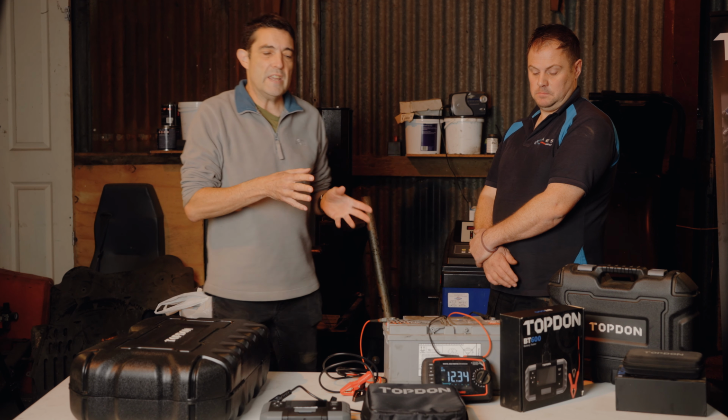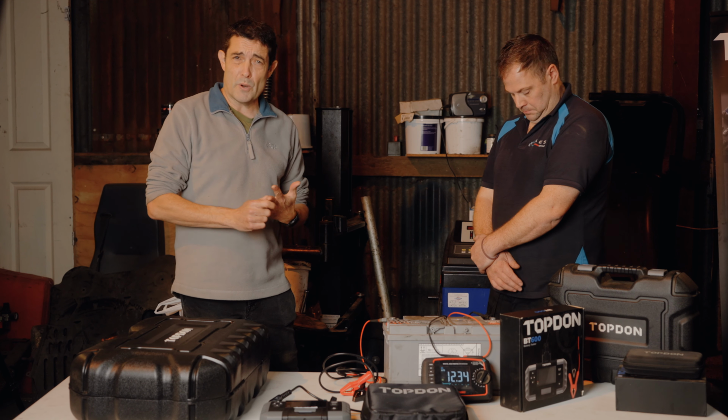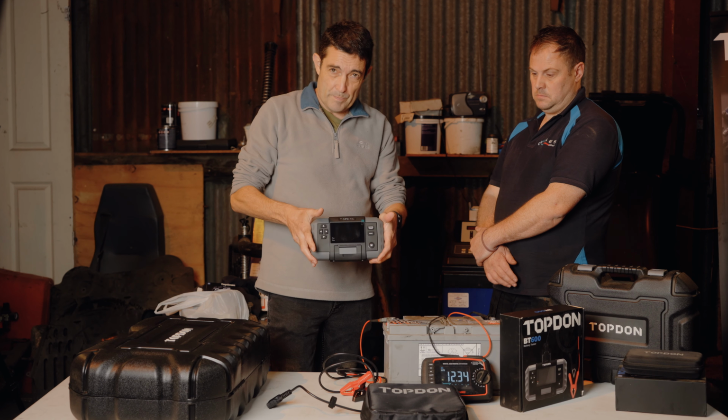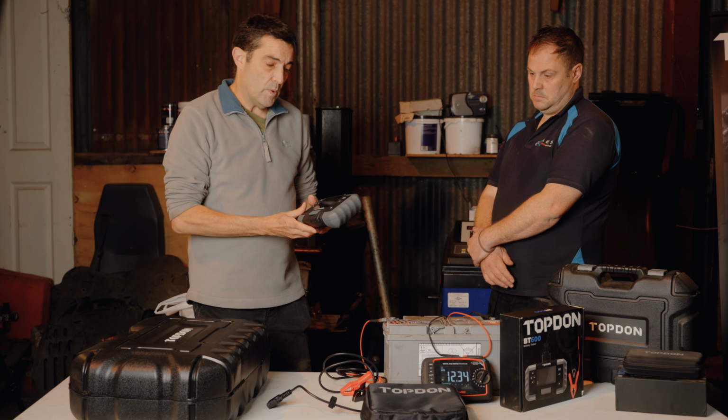Mark helps us with a lot of features in the magazine, the electronic diagnostics and the service bay features and even the project cars. But today I want to look at a product in particular, something called a battery tester from Topdon. I want to see what it does, whether it's any use to us as well, and also whether or not